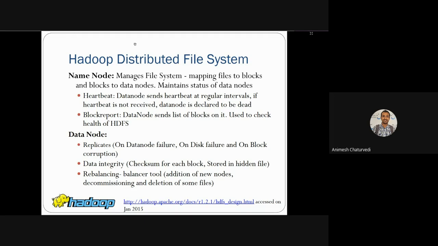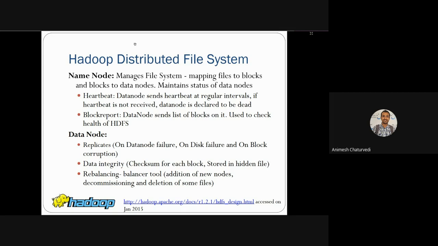Various disk failures and block corruptions are possible, so the replication keeps on happening between multiple racks or multiple data centers, so that you will have at least one copy saved.